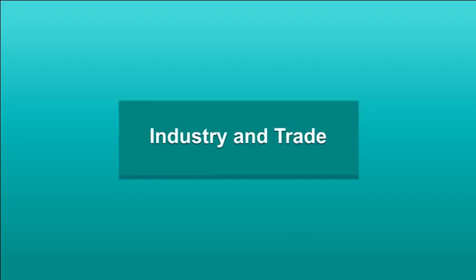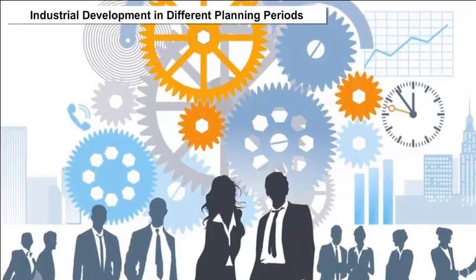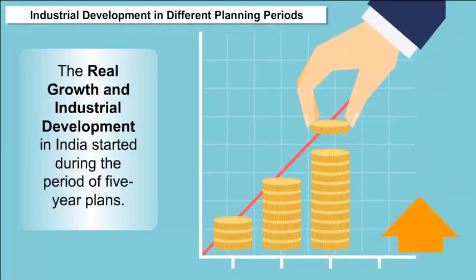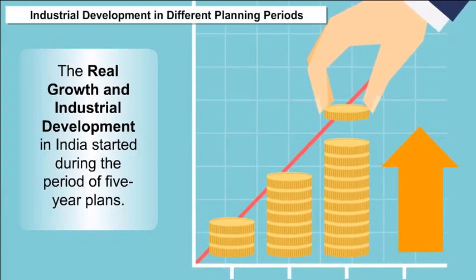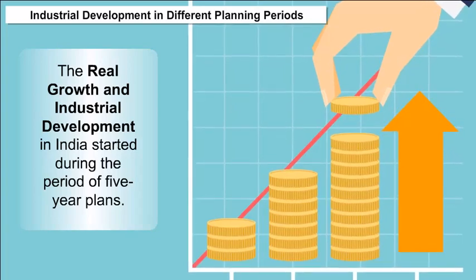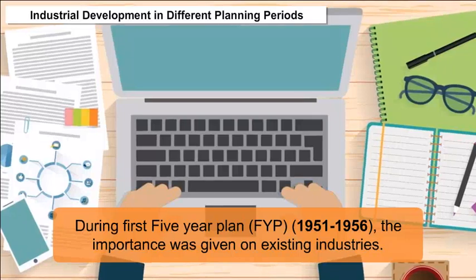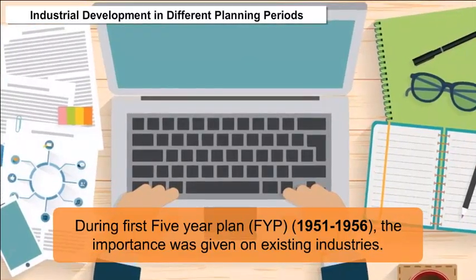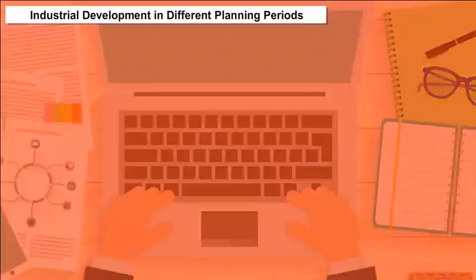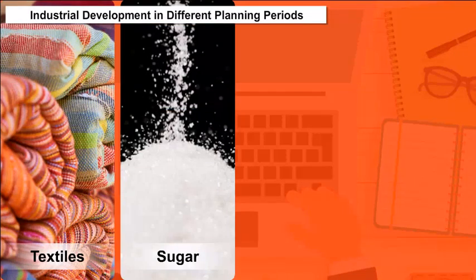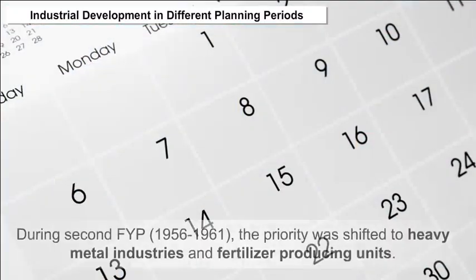Industry and trade. Industrial development in different planning methods. The real growth and industrial development in India started during the period of five-year plans. During the first five-year plan, FYP, 1951 to 1956, the importance was given to existing industries like textiles, sugar, paper, cement, and so on. During the second FYP